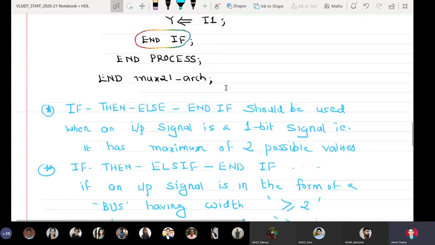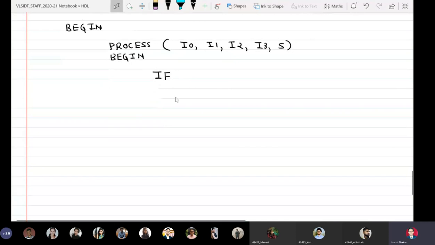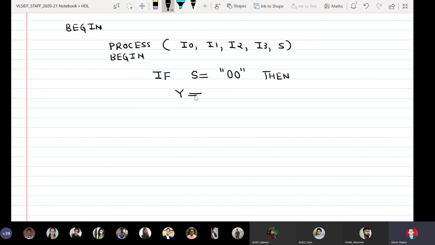Here the select line is a 2-bit signal. So we will write if S equal to double quotes 00, then y is assigned I0 semicolon.